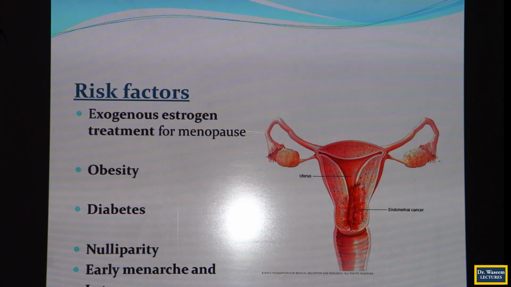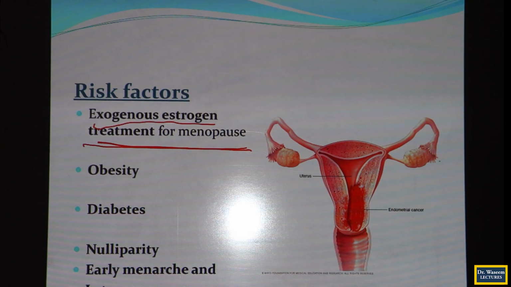Risk factors include exogenous estrogen treatment during menopause, because in menopause the estrogen is withdrawn and osteoporotic and other changes might take place. So, as a result of hormone replacement therapy, sometimes exogenous estrogen is given to the lady, and in that case persistent exposure to the exogenous estrogen causes the epithelium of the uterus to undergo changes. This can lead to endometrial cancer. Other important risk factors are obesity, diabetes, nulliparity, early